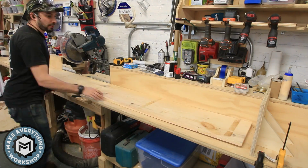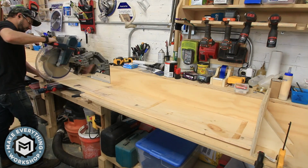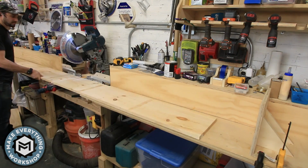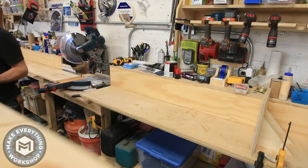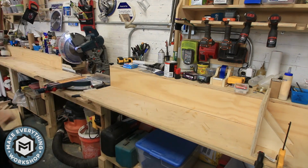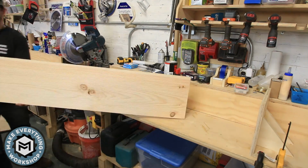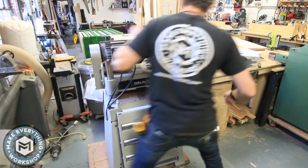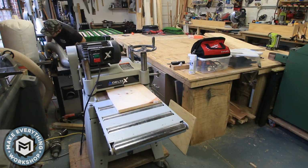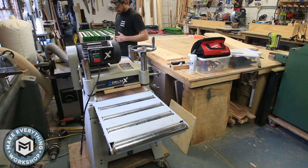So now that I've got the rest of them all buttoned up, I can start cutting down my material for the catch bins. Now the catch bins are going to be made using this bandsawed pine material, and the term bandsawed pine is coming from Home Depot, where I bought them from. They're basically just a knotty white pine, and you're going to see in a second, they have a really interesting